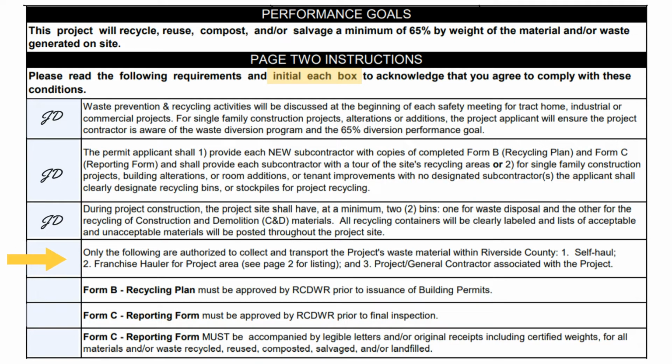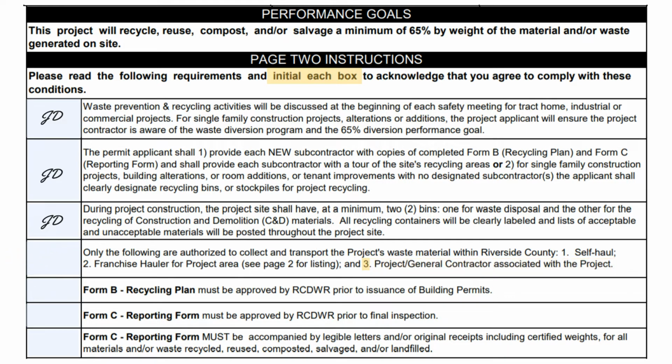The fourth condition states that waste can be collected and transported in 3 ways. One option is to self-haul your materials. This means that you will personally collect and transport the C&D waste to a facility that will recycle the material. A second option is to contract with a franchise hauler for the project area. This means that you will directly contract with a franchise hauler and rent C&D specific recycling bins for the project. A third option is to work with the project or general contractor associated with the project to manage your waste. It is important to note that you are responsible for ensuring the contractor is aware of and implementing the approved